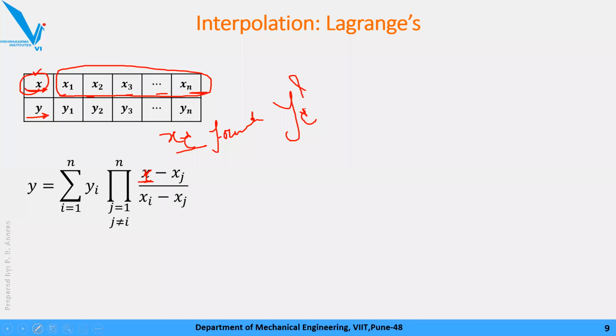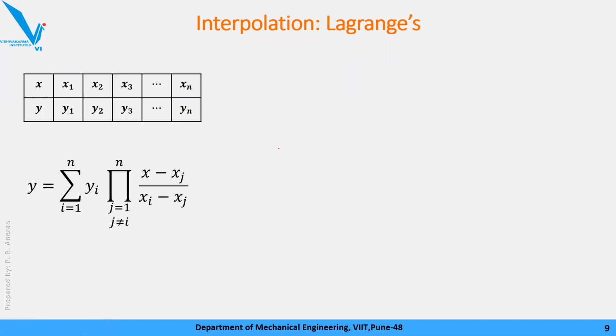So remember here, in interpolation, yr is the unknown which needs to be calculated for some value of x. So that x value I'll treat as xr.